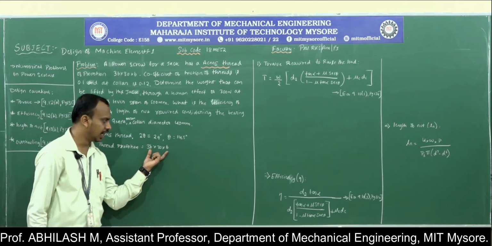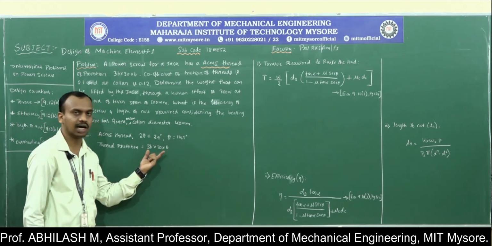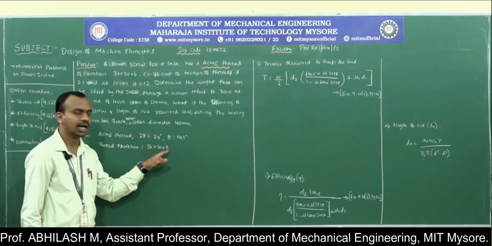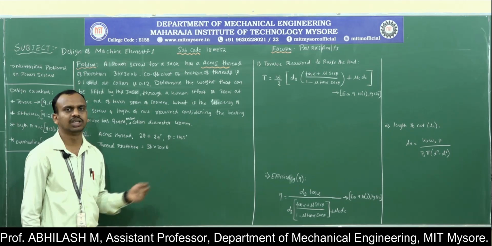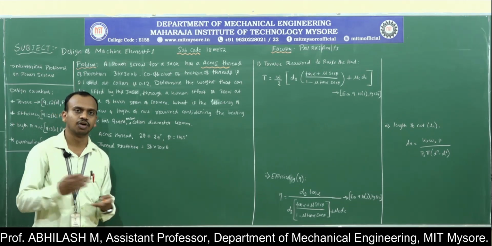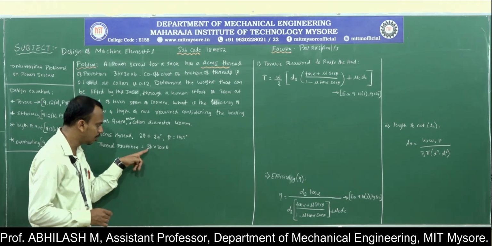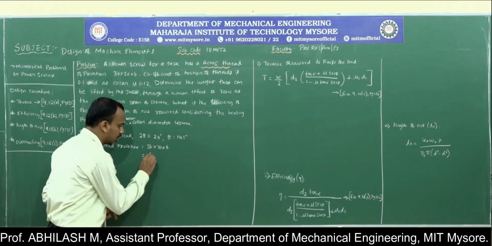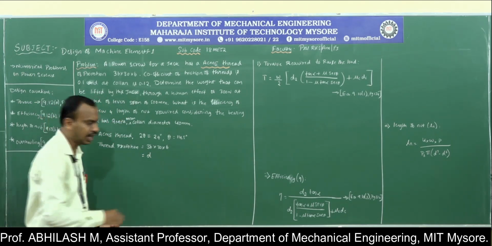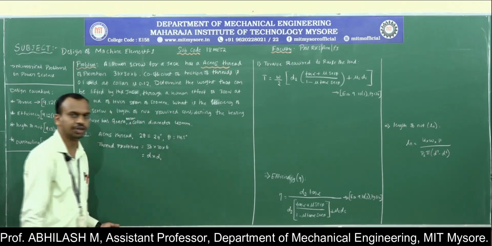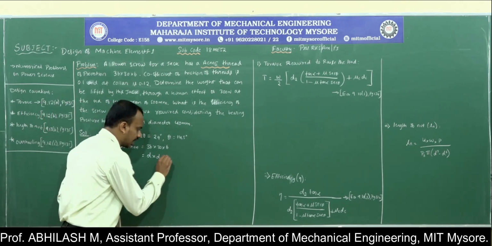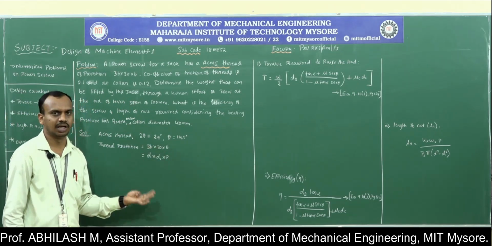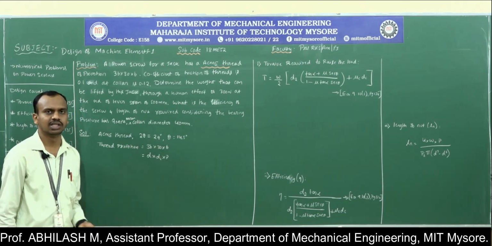So looking into this particular data, you should have got an idea what the given data are. They have given the nominal diameter, core diameter as well as the pitch. In the previous problems they used to give the data as 30 cross 6, 24 cross 6 like this, where they used to give only the nominal diameter and the pitch, whereas here they have given the corresponding data of the nominal diameter, which is denoted by D, the core diameter, that is denoted by D1, and the pitch, that is 6 millimeter. Now what is the missing data, which is the mean diameter? I can easily calculate the mean diameter with the fundamentals.